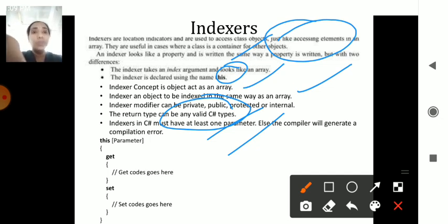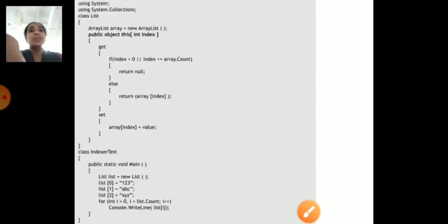So how it is used in the program is, you can see here, it will be using the indexers: this and the parameter. The parameter here in the square bracket is nothing but your indexer, and it uses the concept of get and set, which are nothing but the accessors and mutators, the properties that exist in C#. So in the array types, this is where the indexer part belongs.